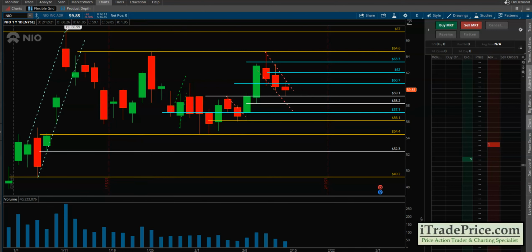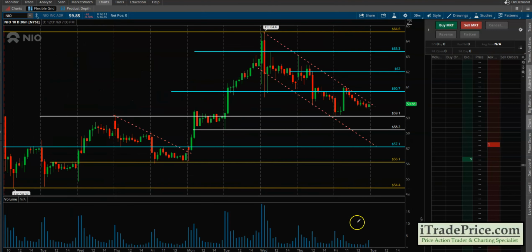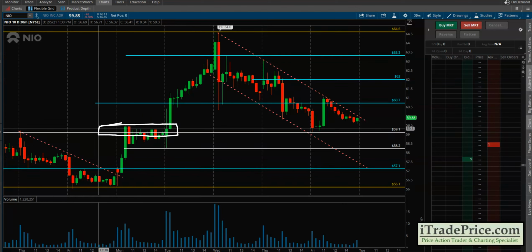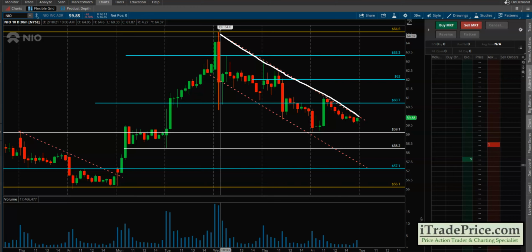Let's dig into a lower time frame and see if it can give us any clues. 30-minute time frame, nice looking bars. Again, it's reconfirming that notion that this 59 was the resistance. As we broke out, it's coming down now, and it's coming down in a nice sort of methodical channel, right? So we have this channel line that we need to see if it can break out of earlier in the week, let's say if it opens up here and then makes a move up, that will be a break of this downtrend line. And if it breaks out of 60.7 as well,